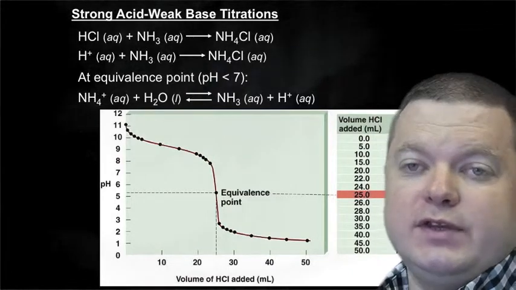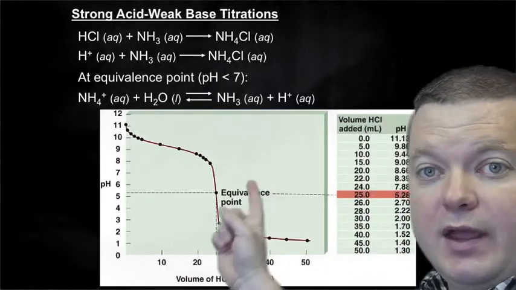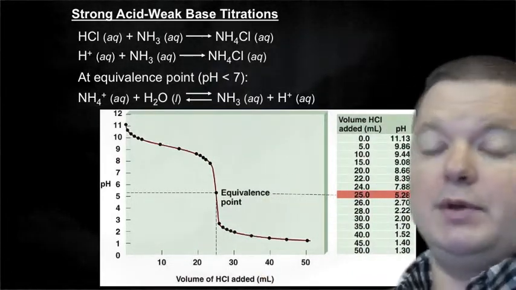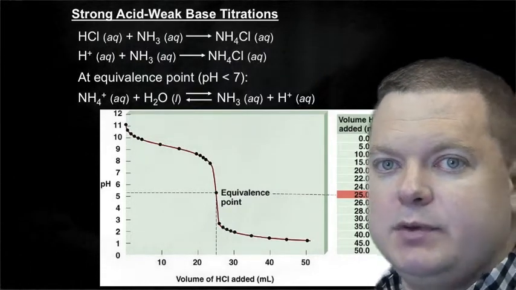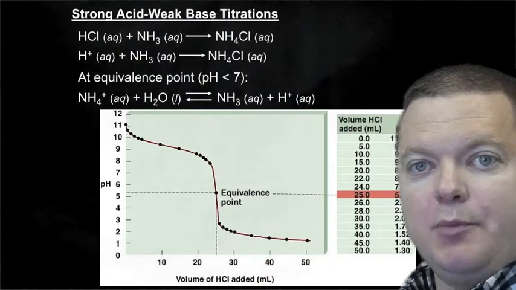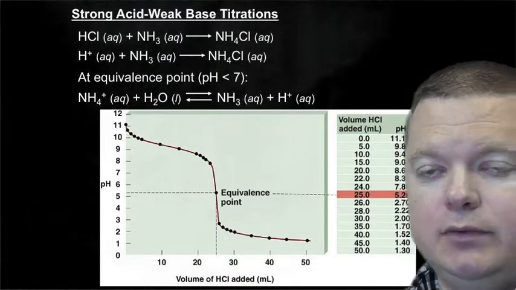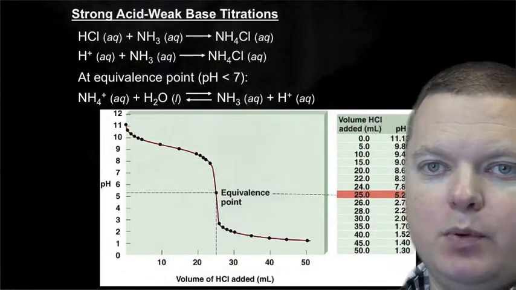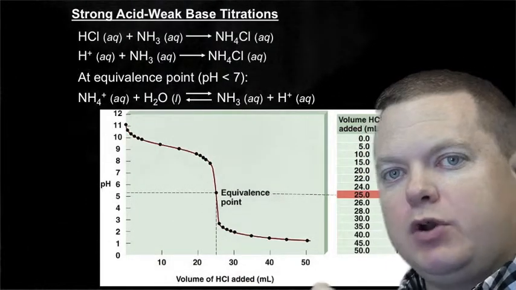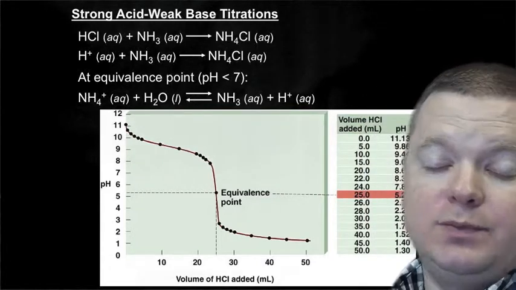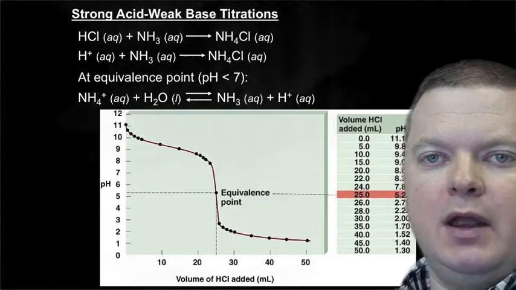So the calculations for these titrations aren't anything new. We can calculate the equivalence point using stoichiometry, same thing we've been doing now for 2 semesters. Most of the other points we're going to be using ICE tables, same thing we've been doing now for a couple weeks. Really what we're trying to follow, and the hardest part about these, is what is determining the pH